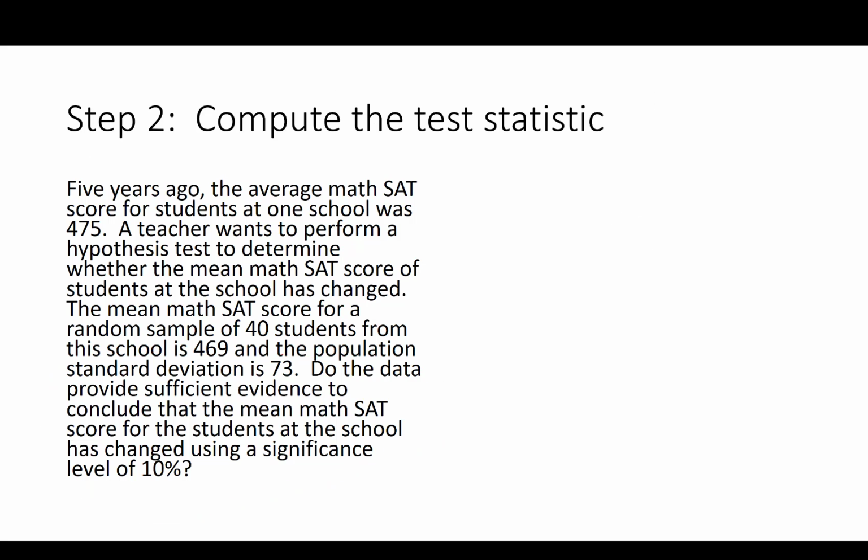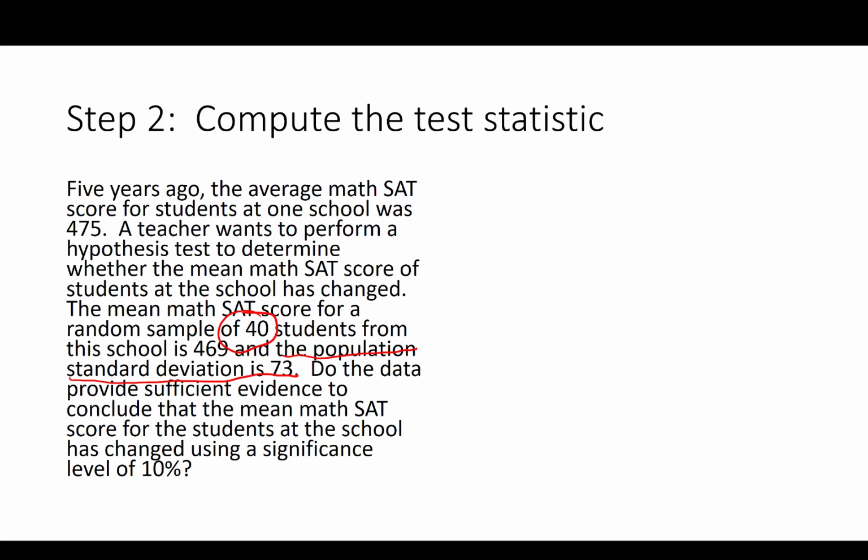Step 2, we want to compute the test statistic. Here we have to discern whether we are going to compute the z-test statistic or the t-test statistic. Again, all we have to do is come back to the exercise, and note that the population standard deviation is given. Since the population standard deviation is given, we can conclude that this is going to be a z-test statistic. Again, we have to check for normality and all of that stuff. Normality is not given. But since we have a sample size of 40, we have the central limit theorem that kicks in. So the fact now that the population standard deviation is given, we know that we can use the